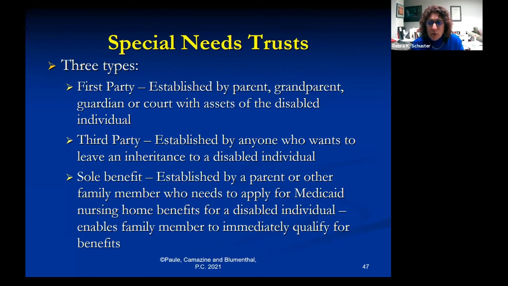So a parent or grandparent can create this sole benefit special needs trust, and in that way, if they have excess assets, if they have more than $5,000, which is the limit if they're going to go into a nursing home and apply for Medicaid, they can fund a special needs trust for an adult disabled child. And that adult disabled child will then be able to qualify for Medicaid if they need to apply for Medicaid, and still have that inheritance, that money available that the trustee can use for their benefit based on whatever their